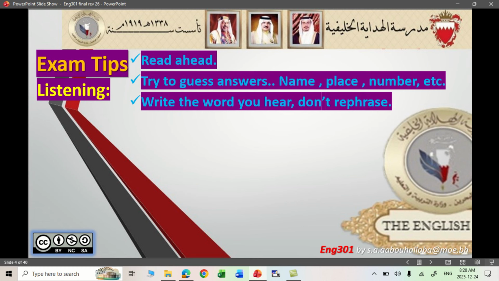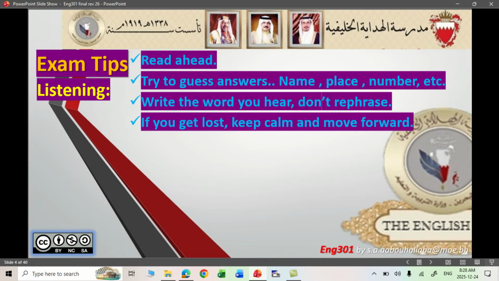Do not write another word, because in the exam, in the model answer, we are going to have the word home, for example, as an answer. Don't write house, because the examiner or the marker is not going to look for other options. He will look for the one word that he has in his model answer. He needs to stick to the model answer.